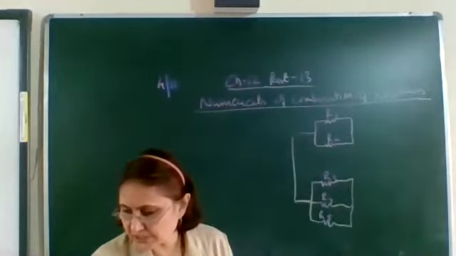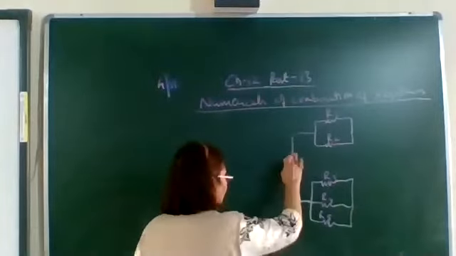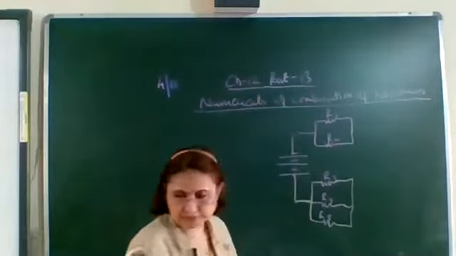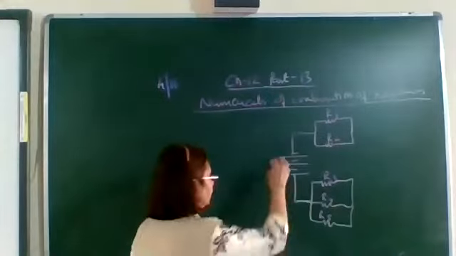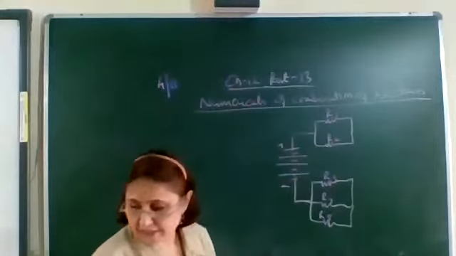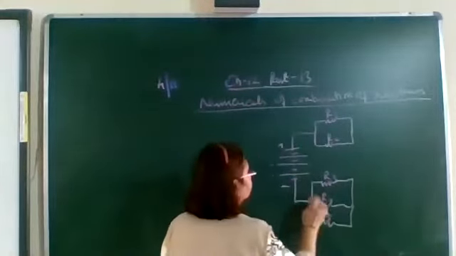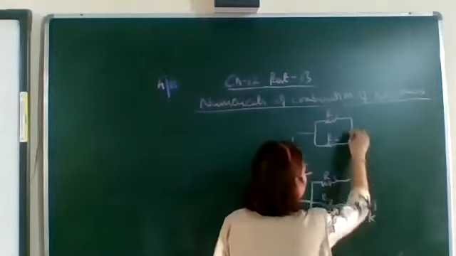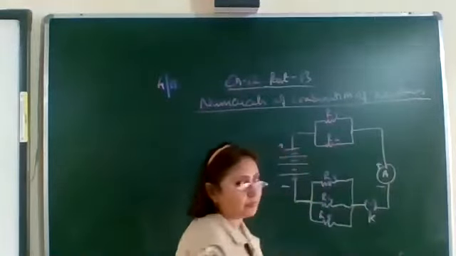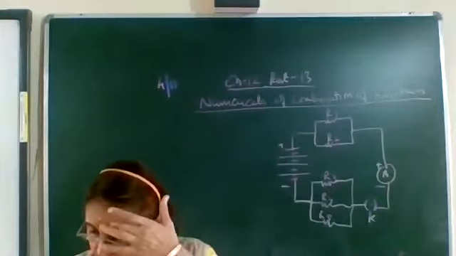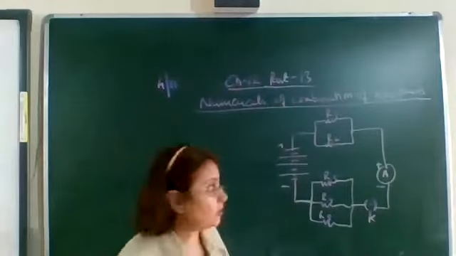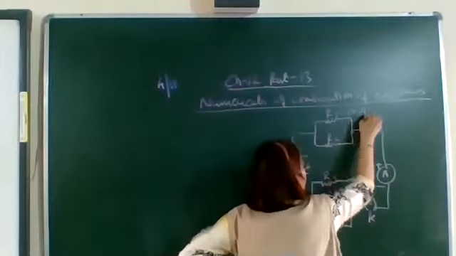These are the 5 resistances, which are connected to a battery such that this side is positive and this side is negative. It is connected in this manner, and an emitter is also connected with a key. Let us place the key over here and an emitter which is connected in series. The positive side of the emitter will be towards the positive side of the battery and the other towards the negative. Given that R1 is equal to 10 ohm, R2 is 40 ohms,